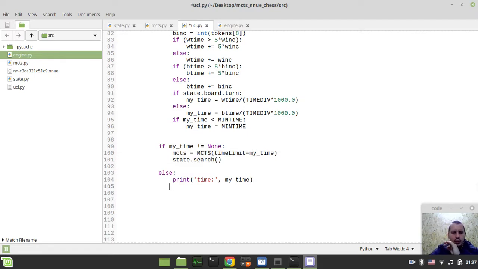But anyway, here we want to return the best move to the GUI. So send, I guess, right? And best move,